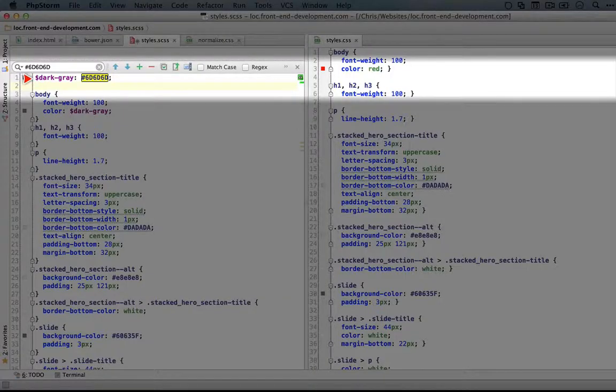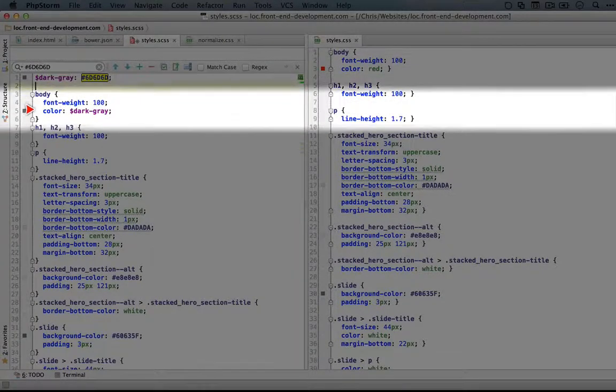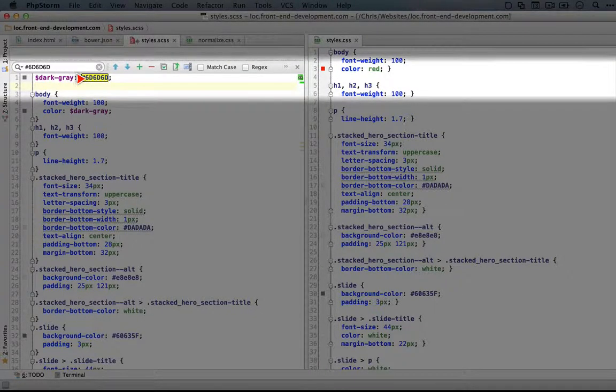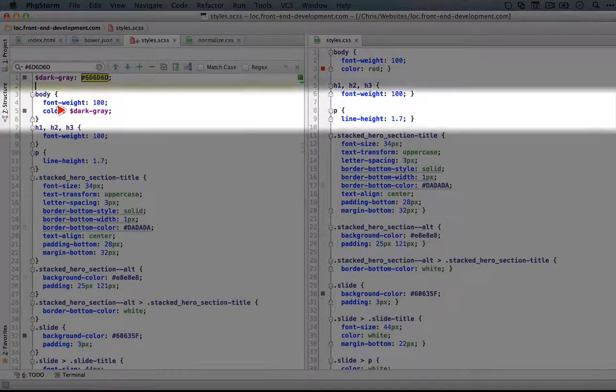Our variable now says dark gray, and when we look in our CSS now, dark gray makes a lot more sense than the hash symbol 606060. It has some meaning. And so reading this makes a little bit more sense, and also later, when we want to use this color again, it's going to be a lot easier to remember dark-gray, and you'll find yourself being able to write CSS off of the top of your head in a way that you just can't do when you're using plain CSS.